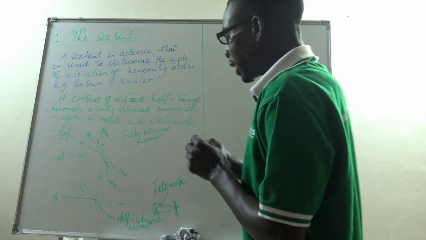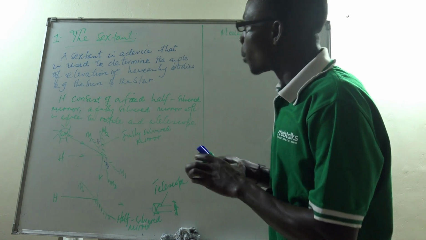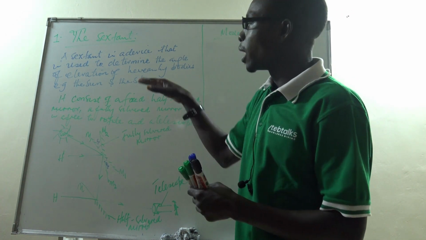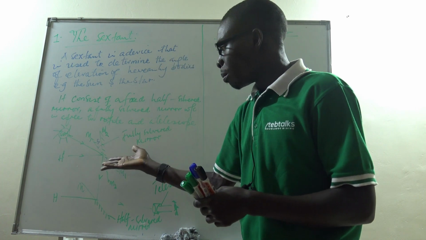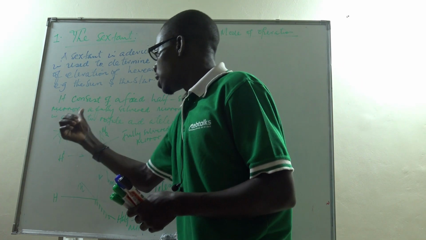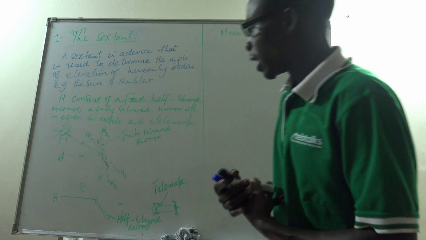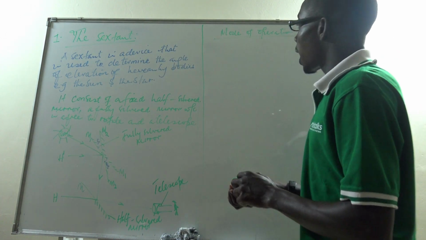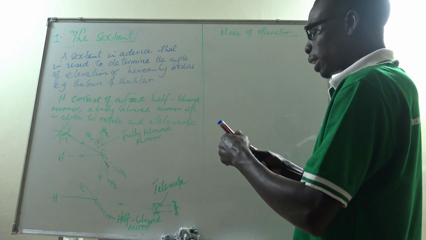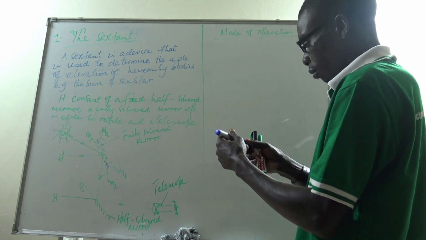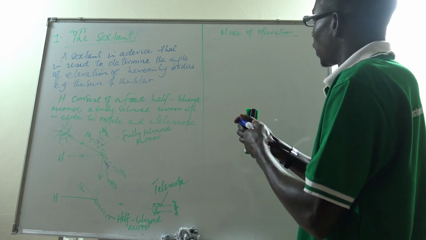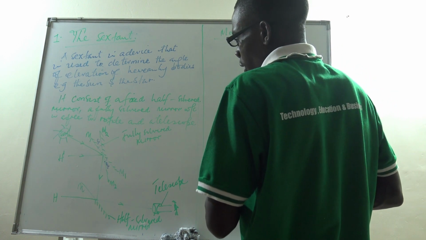How does it perform its function of determining the angle of elevation of this heavenly body? An example here is now the sun. That is now what we are going to look at. So we are going to say,